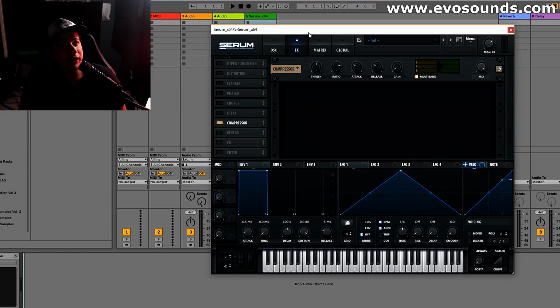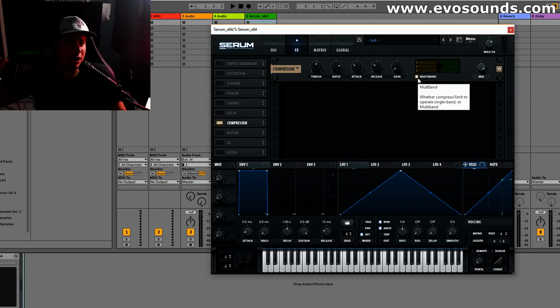Now, the next feature we have in the compressor, which is what Serum is a powerhouse at, is going to be the multiband feature here, which activates the OTT format, or the multiband compression. Now, multiband compression, guys, in standard, you're going to have a compressor for your highs, for your mids, and your lows. Here, we're going to be having downwards compression, upwards compression, okay? Now, what does that mean? Well,